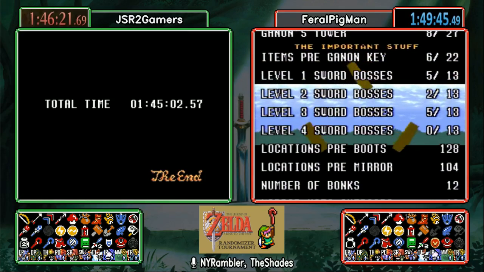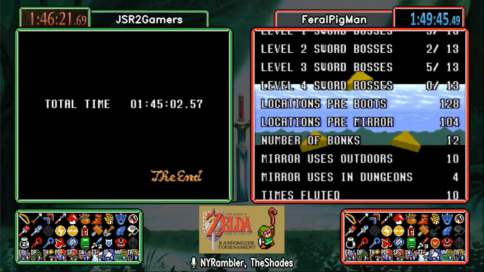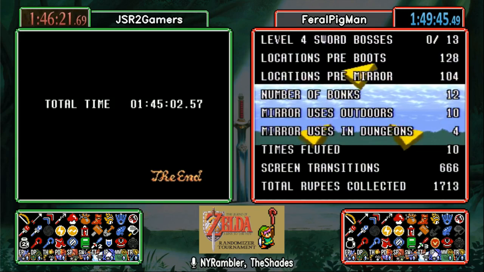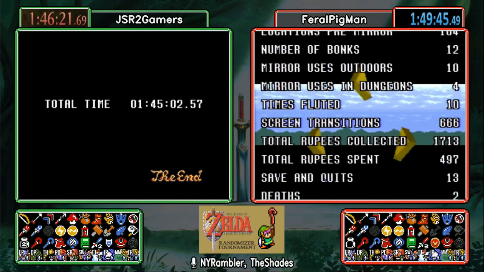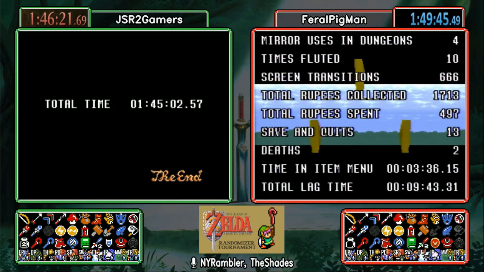Yeah, that was kind of a nice Dark Death Mountain. That was a nice little Super Bunny cave there. Oh yeah, Flute and Dark Death Mountain Fire Rod back to back, that was huge. Yeah, Dark Death Mountain was loaded, especially because I only had 12 heart containers, so I wasn't going to check